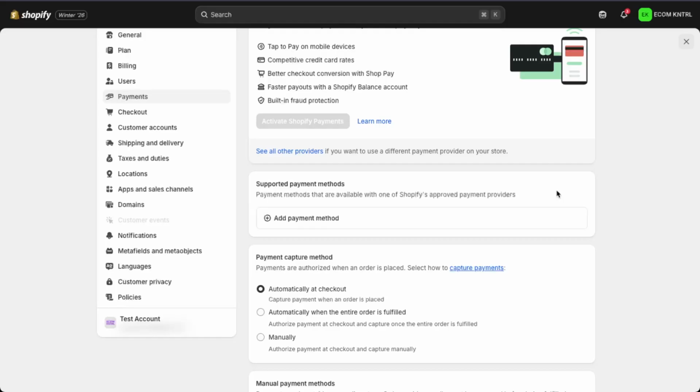After making this change, it's a good idea to go through your checkout as a test customer, or at least preview it, just to double check that PayPal no longer appears. This helps ensure everything is working as expected and that your remaining payment methods are still active and visible. And that's it. You've successfully